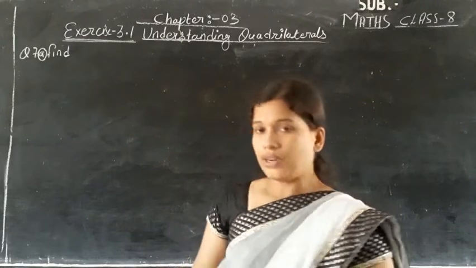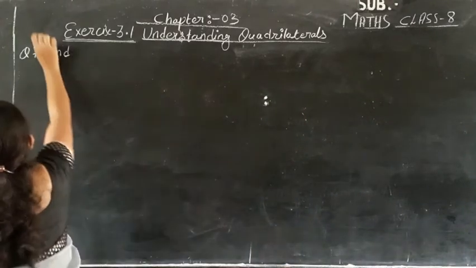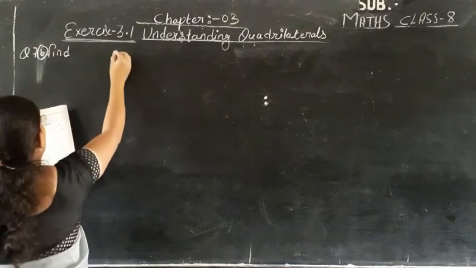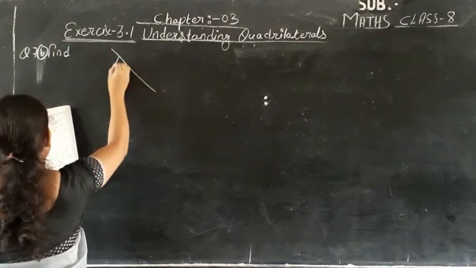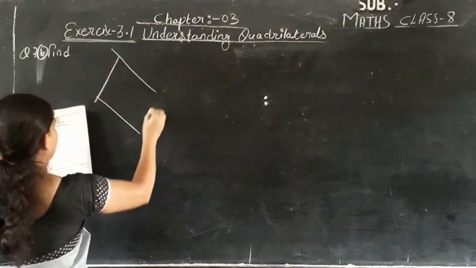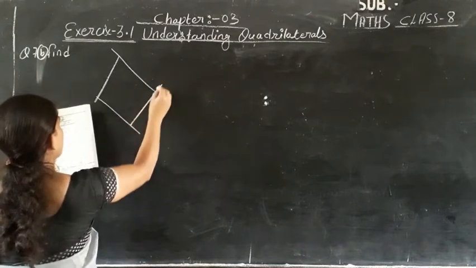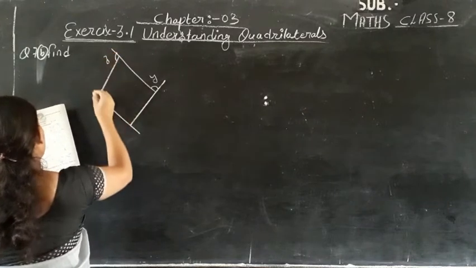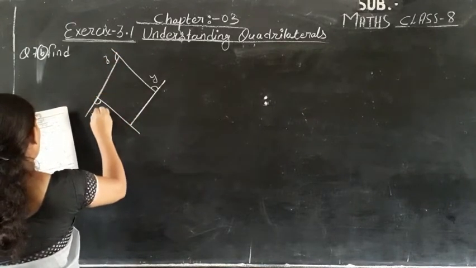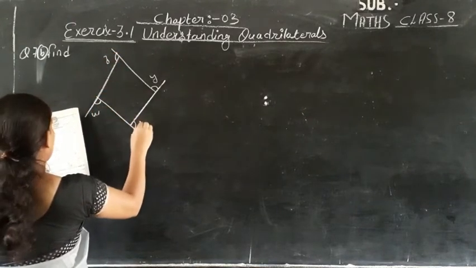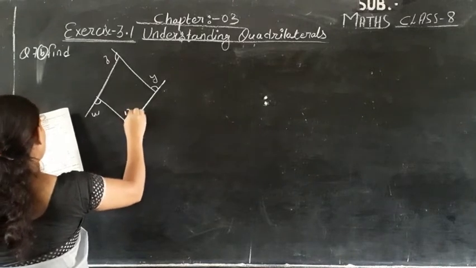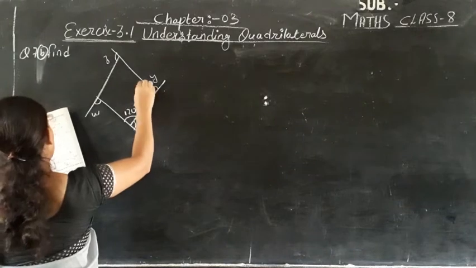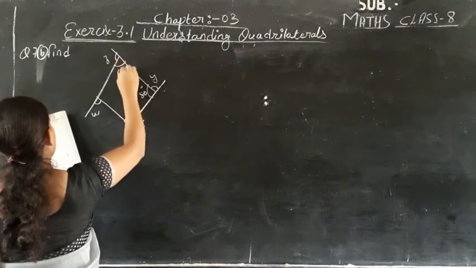Okay, here we are having, so what is the question we are having? B. So here is a quadrilateral like this. This one is angle Y, this one is angle Z, this one is angle W, this one is angle X. Now the interior angle is 120 degrees, here it is 80 degrees, here it is 60 degrees.